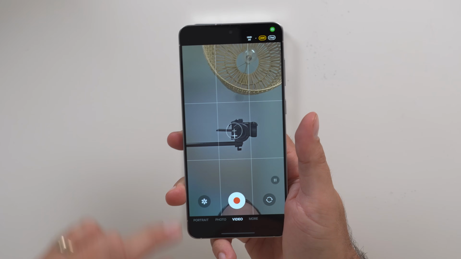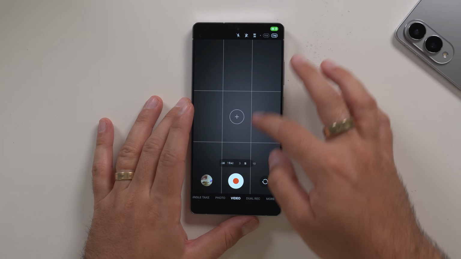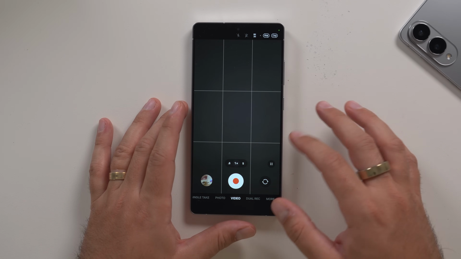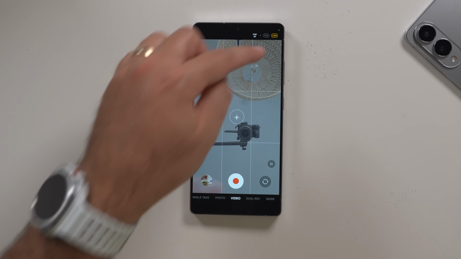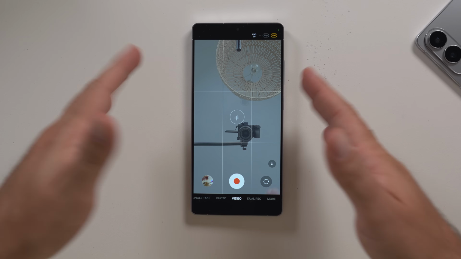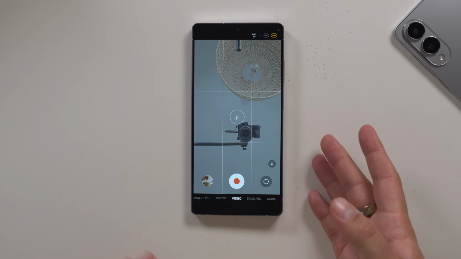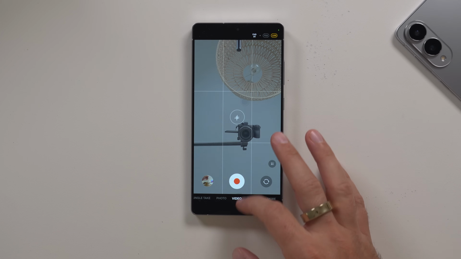There's been a lot of talk about selfie log video on the S25 Edge, where when you switch the selfie camera, you'll see the log toggle in that top corner. And it didn't exist on One UI 7 on the S25 Ultra. Well, on this One UI 8 build of the camera, if I switch around to selfie, you will see log video proudly at the top corner for selfies. So that is something that Samsung are working on or have worked on because it's here and it's on One UI 8 on the S25 Ultra.